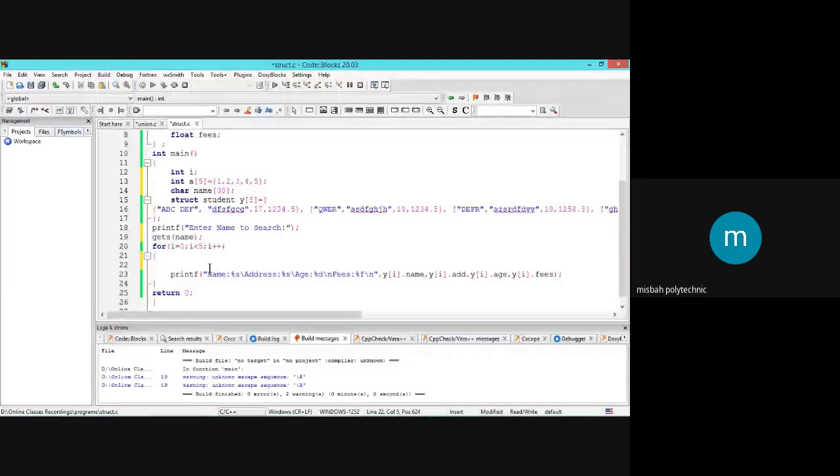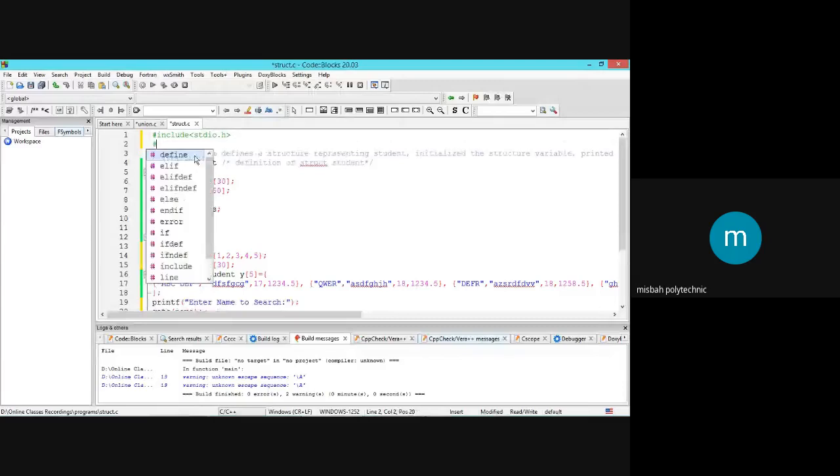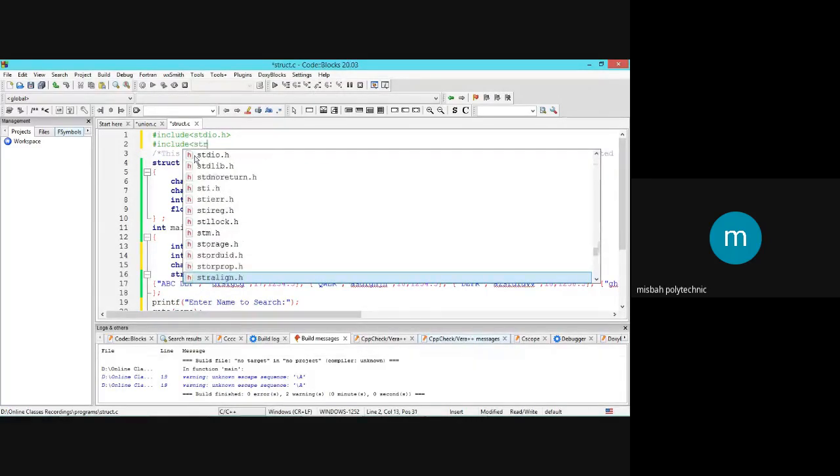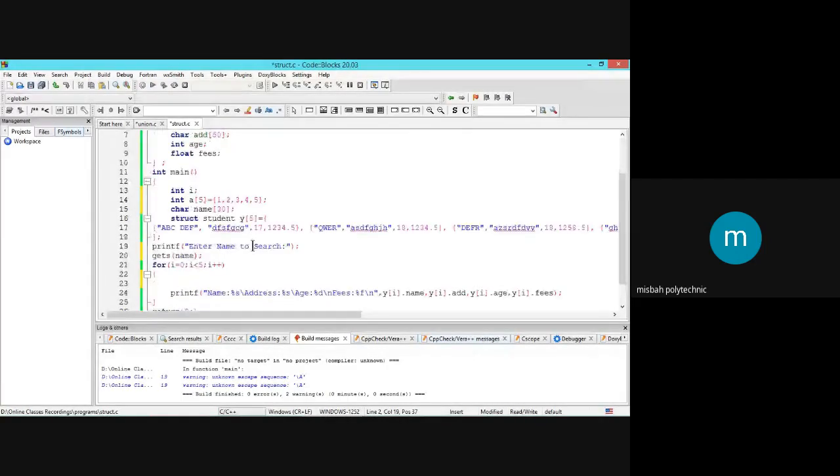To compare names or to compare strings, we have a predefined string library function. Since we have to use a string library function, we need to include the string library also. Hash include which library? string dot h. Okay. We have included the string library. Now we have to compare, if